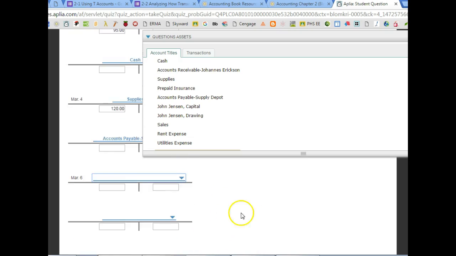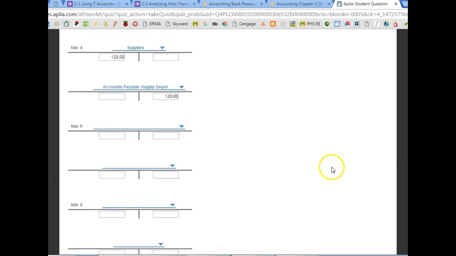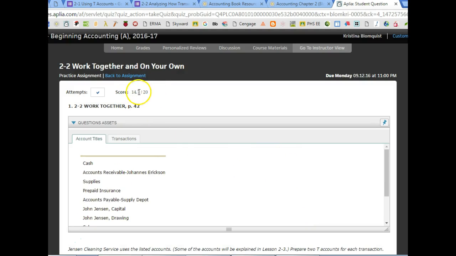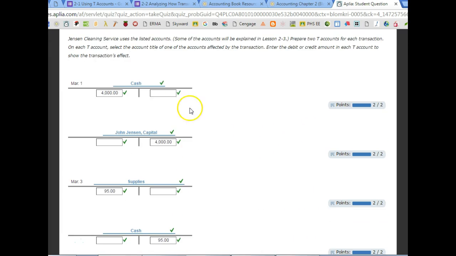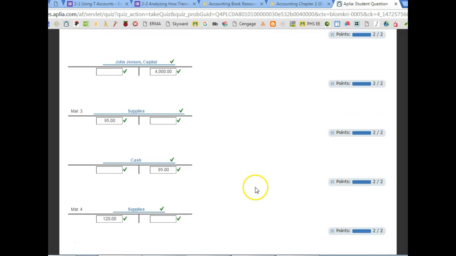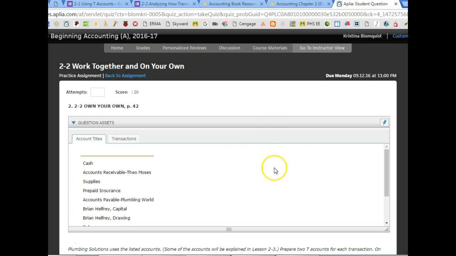Now, at this point, I'm just going to scroll down. First I will unpin this and we'll go ahead and check our answers. You can see here then, obviously there's the 14.7 score because I didn't finish it. But you can see that the ones we did here, all of the green check marks indicate that we did them correct. The ones that we left blank, where there were zeros, or they should be empty, that's why we received some credit on these questions, because obviously the zero in the right place is the right answer. So I'm just going to go ahead, say save and continue, and this takes me back to the beginning